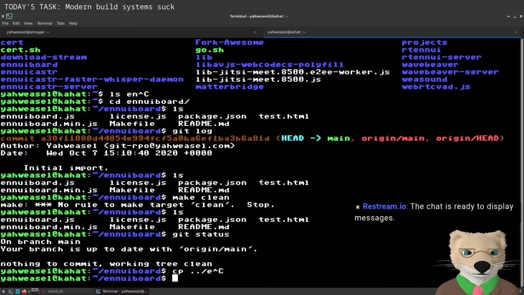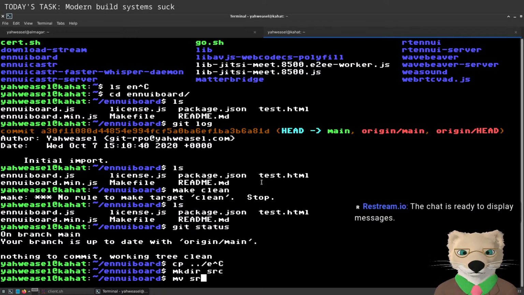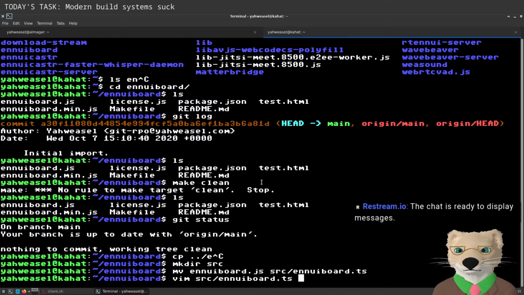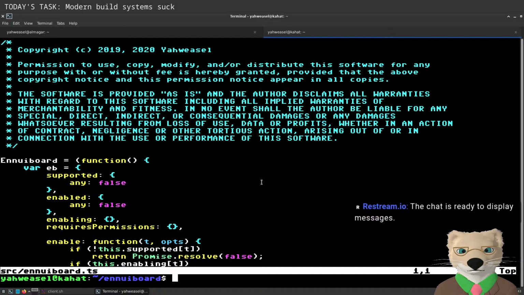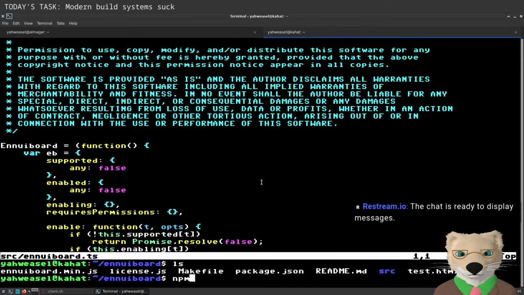Right, so what I want then, even though this is going to be a little bit extreme for the requirements, is to go ahead and make a TypeScript version that has a bundler with it and all the usual stuff.